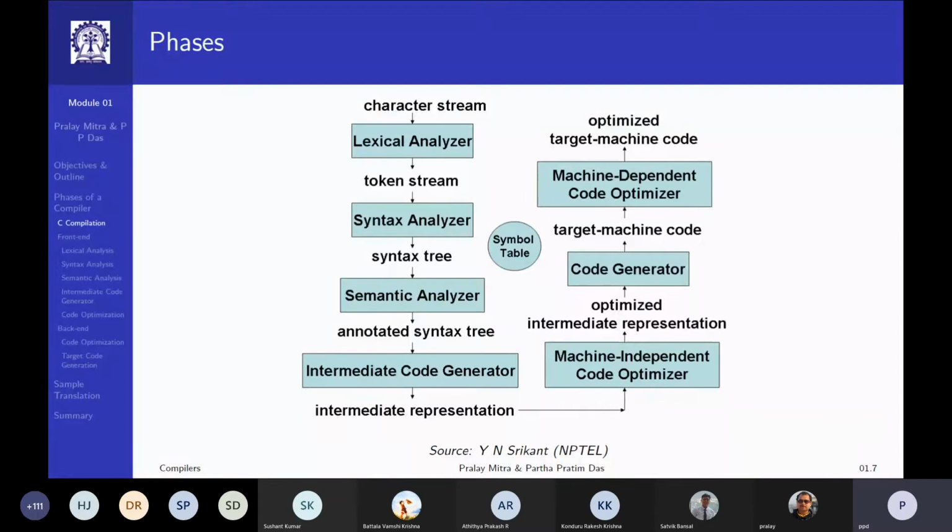So therefore it starts getting populated from the very first phase, the lexical analyzer, and it goes through being populated with more and more information as you go through the phases and survives till the end.